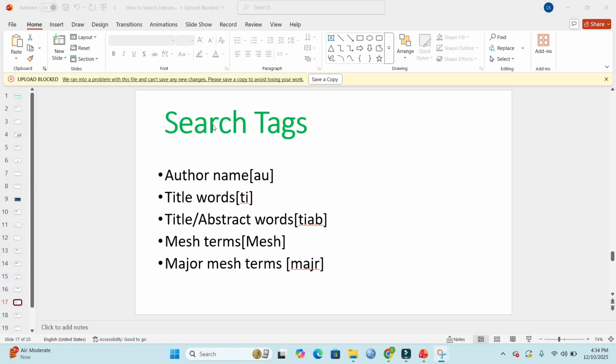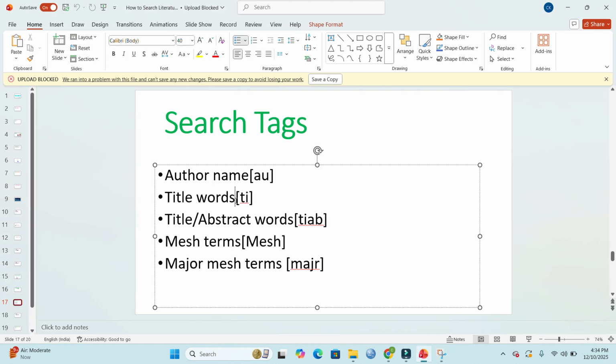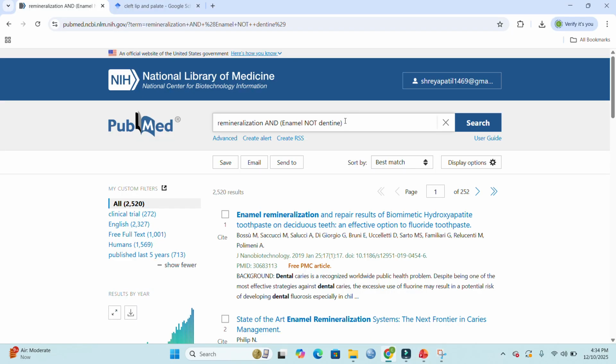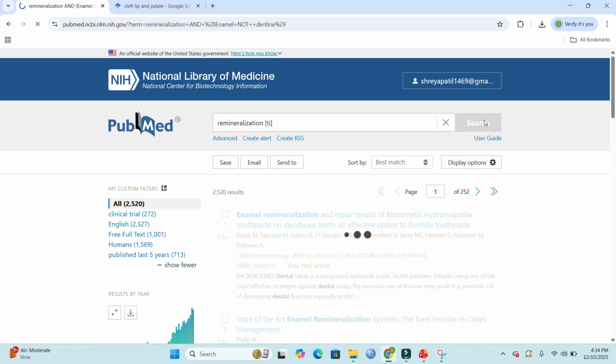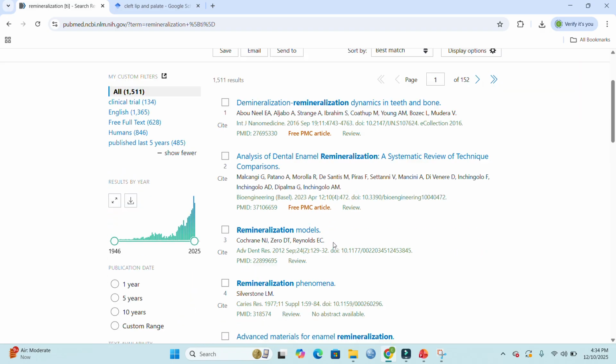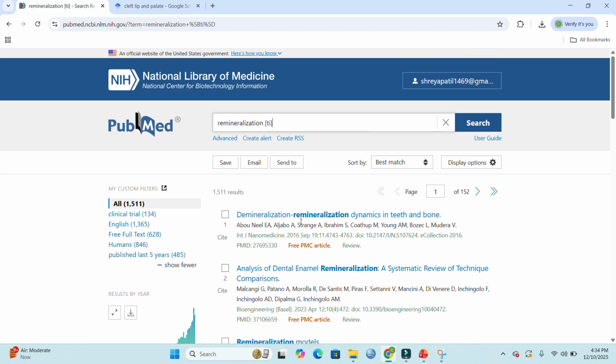Next is the use of search tags. Think that you want to find remineralization in the title itself. You can use the search tag that is TI. I'll show you how to do that. Let's go here. So you add the search tag. From the first result to the last result, you will find remineralization in the title, and you can use the